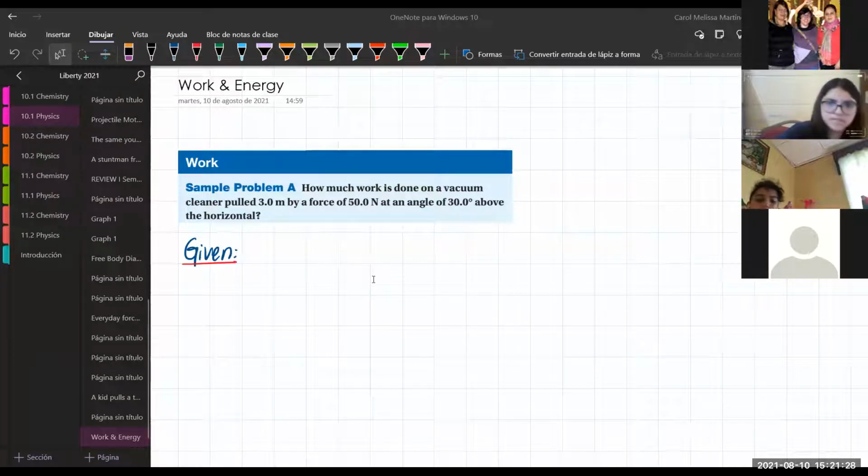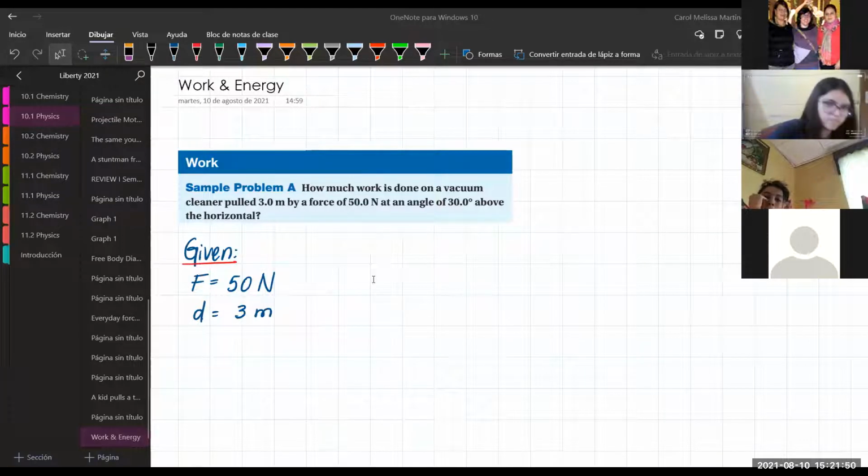But this vacuum is being pulled by a force. So the force is given and it's 50 Newton. The unit is okay, forces are given in Newton. Then it says the distance it is pulled, 3 meters. So distance or displacement is going to be 3 meters. And then it says at an angle of 30 above the horizontal,